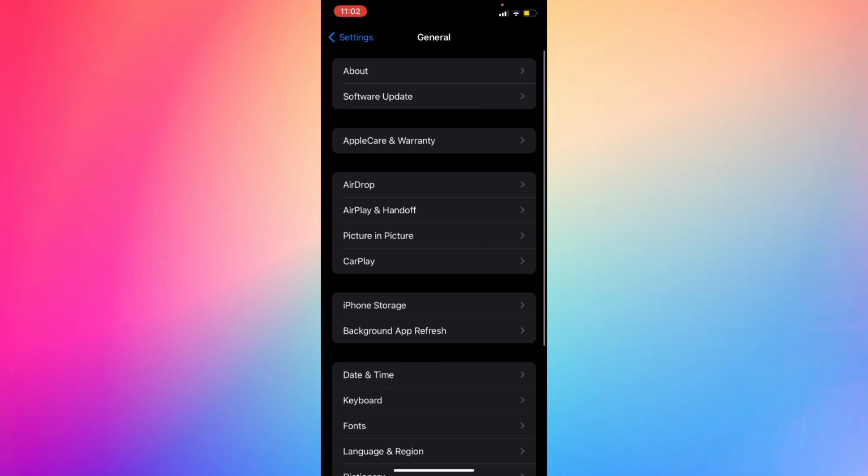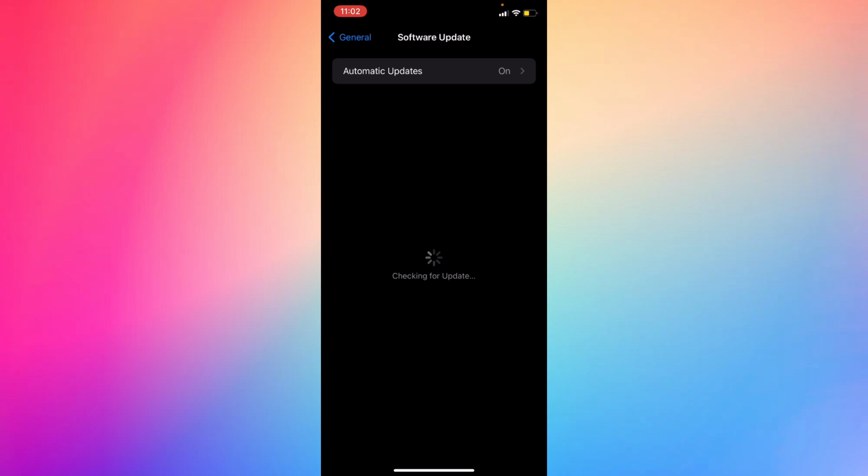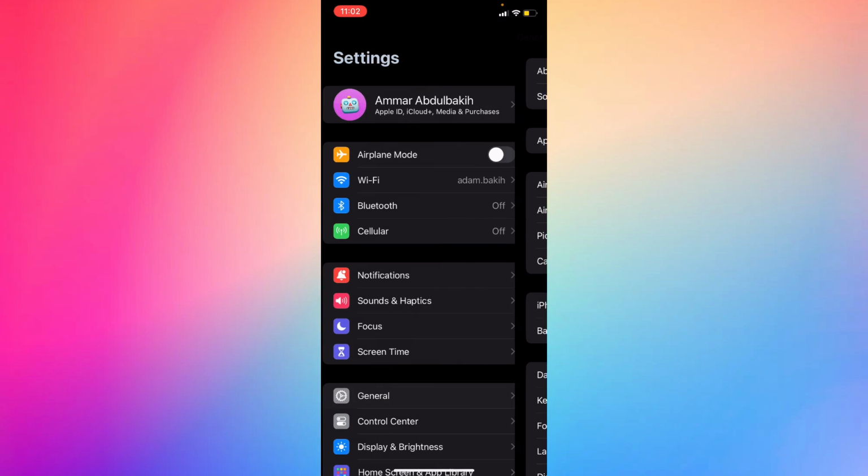So make sure right here to go to your settings and go to General, and then make sure that your iOS is fully updated to the latest version. And as you can see, iOS 18 hasn't gotten here yet, but if you got the new update,